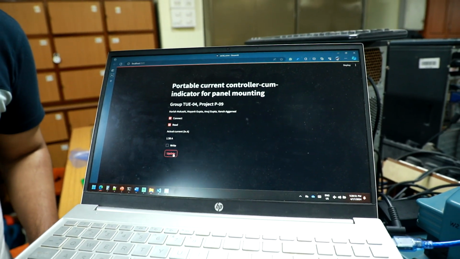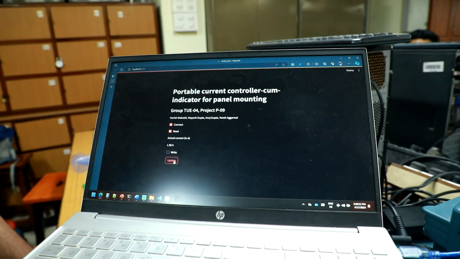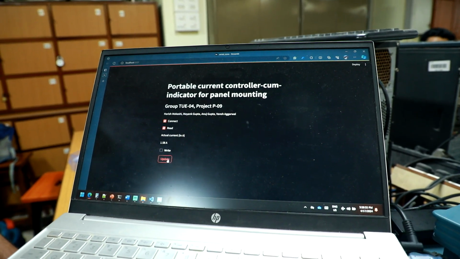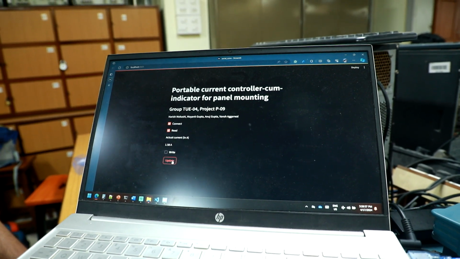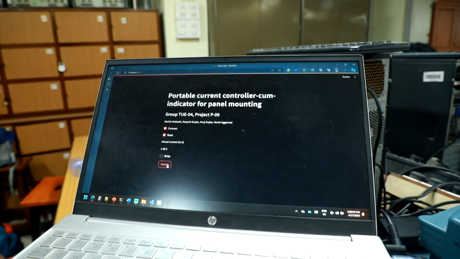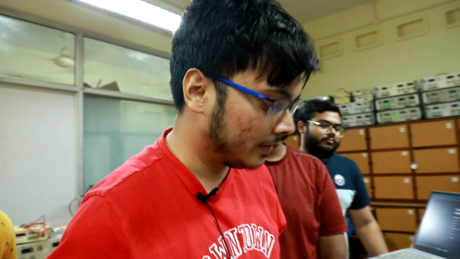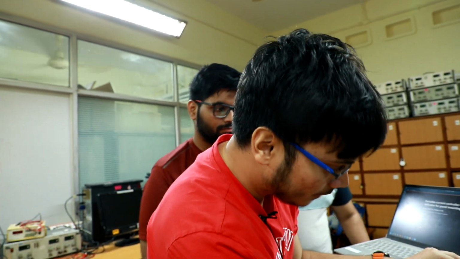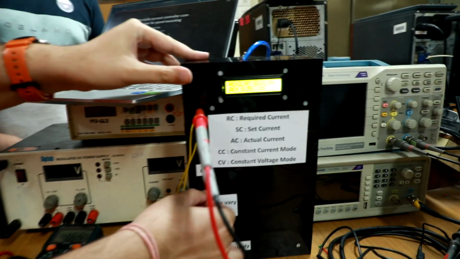And there are a multitude of benefits in this project. Like UART can be used for motor control, to view current in motors and temperature-dependent thermistors, and it has many other benefits. I'll also show one more thing. I'll take the current to 3 amperes and show you a short test.